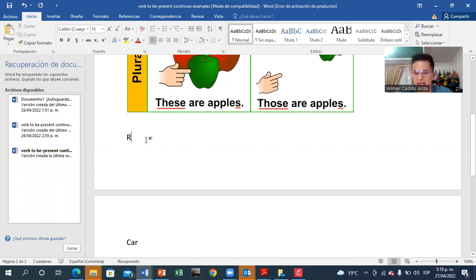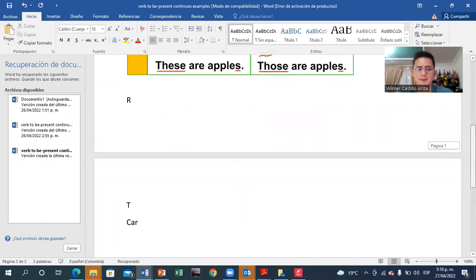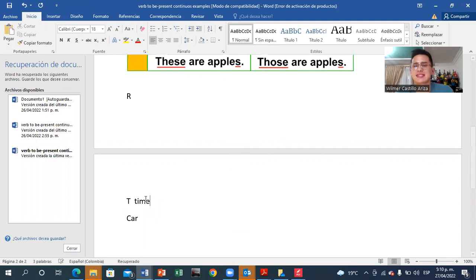La R fundamental. Las T, recuerden que las T también son muy sonoras. No es lo mismo decir time que decir time. La T en inglés es esa: time. La P, otra muy importante: no es lo mismo decir people que people. Entonces vean, las T's, time, people, are. Si ustedes pronuncian bien esas tres letras, van a sonar muchísimo mejor.